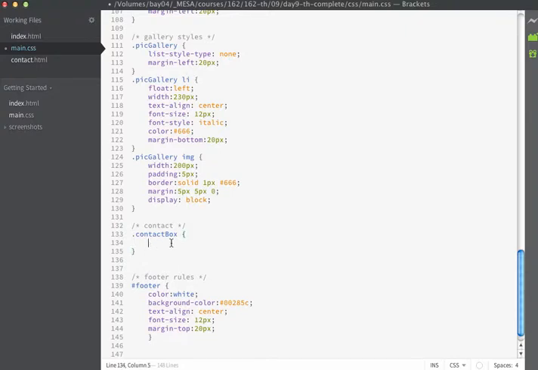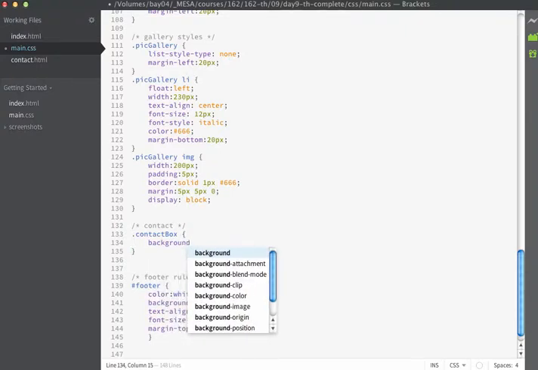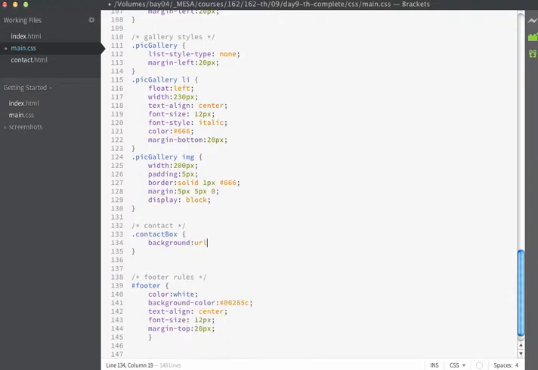And what we're going to do here is we're going to specify a background image just like we did before. This time I'll use shorthand notation just to show you how to do that. So with shorthand notation you can pass on the background image plus other parameters like repeat and position and things like that. Again, I need to come out of my CSS folder, go into the images folder, and locate the appropriate file that I want to display here, which is the contactturtle.jpg. In this particular case, I don't want this image to repeat, so I'm going to pass on the no repeat